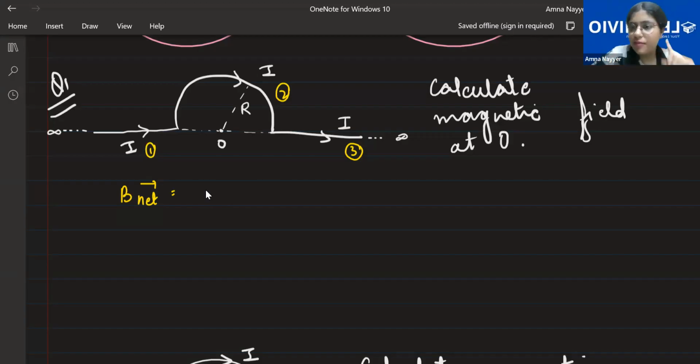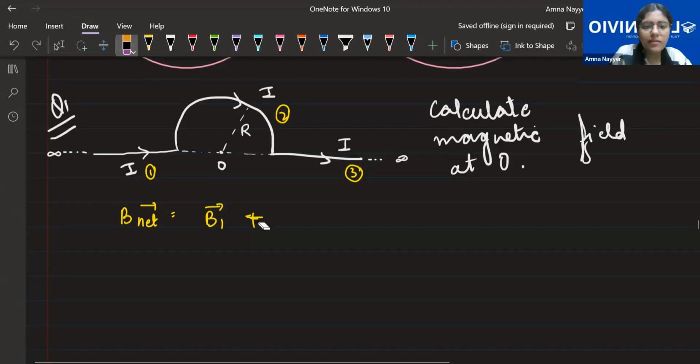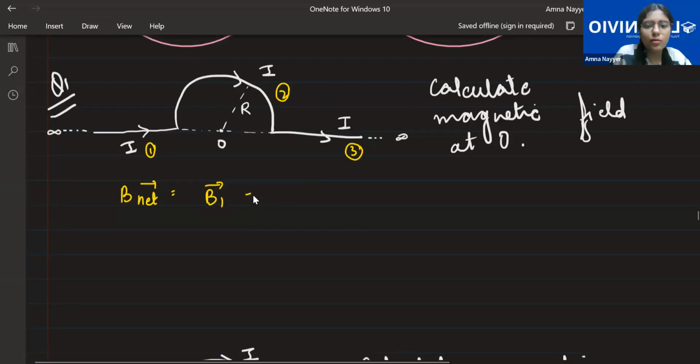The best part here is, if you're able to identify what all things are there, then solving the question is not at all tough. You must have done tough numericals on Coulomb's law, where large forces were given in the superposition principle and all. You will find these questions very easy to solve. So see, net magnetic field vectorially will be the sum of B1, B2 plus B3. Now, as you rightly answered, this will be 0, this will be 0, because the point is lying